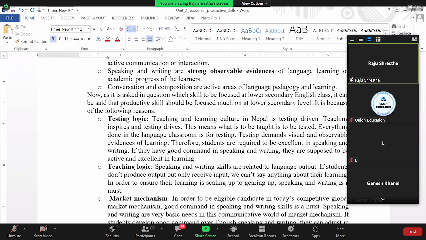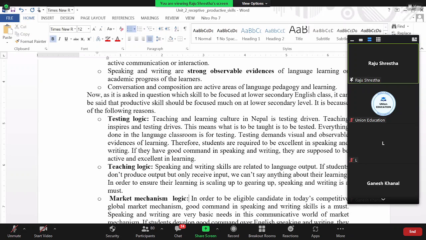मार्केट मेकानिजम लजिक, in order to be eligible candidate in today's competitive global market mechanism, good command in speaking and writing skills is a must. तपाईँको एडभर्टिजमेन्ट हेर्नुभयो भने पनि गुड कमान्ड इन स्पिकिङ एन्ड राइटिङ भनेर क्राइटेरिया बनाइदिया हुन्छ जब भ्याकेन्सीमा पनि हैन। सो